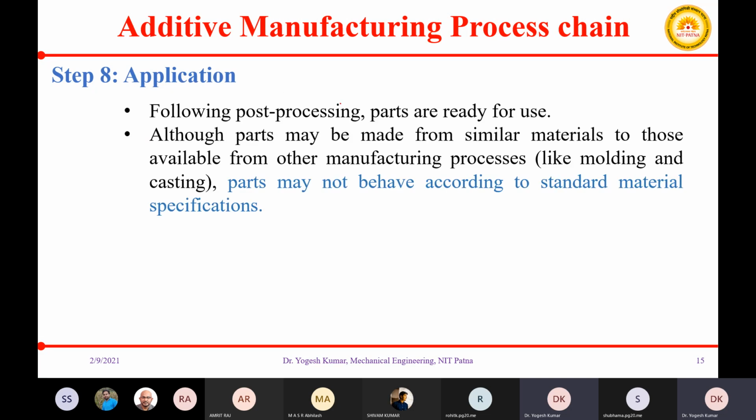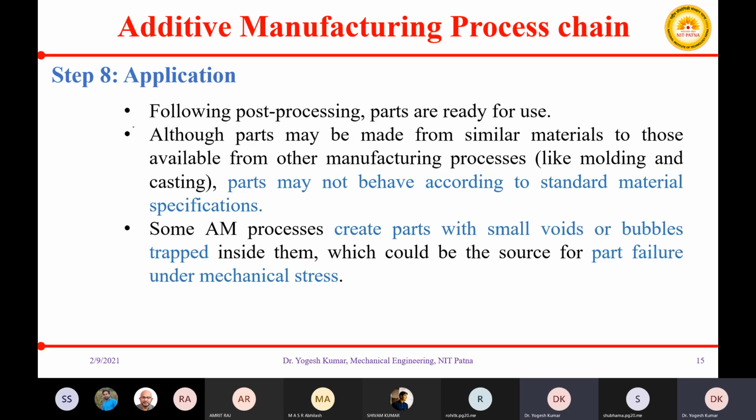Okay, then the last step is application. As soon as the processing is completed, your product is ready for use, and you can use it wherever you want.